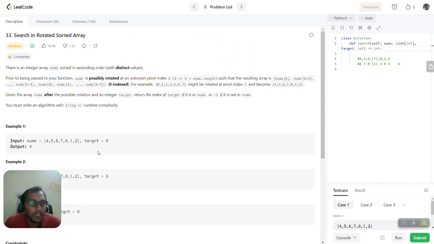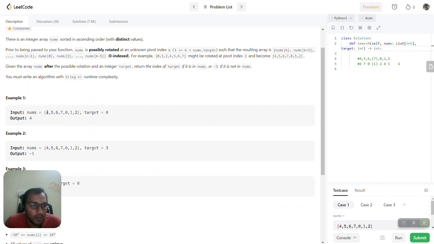So let's see a few examples. Our input array is 4567012 and target is 0. As you can see, the array is pivoted around index 3: 0, 1, 2, 3. So